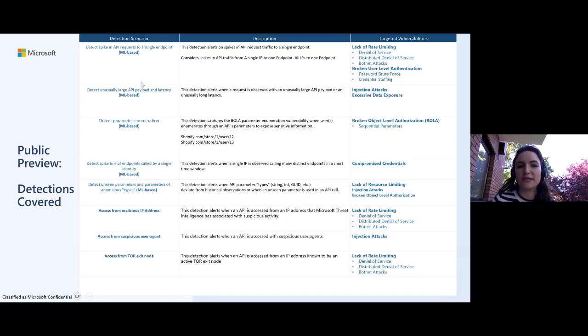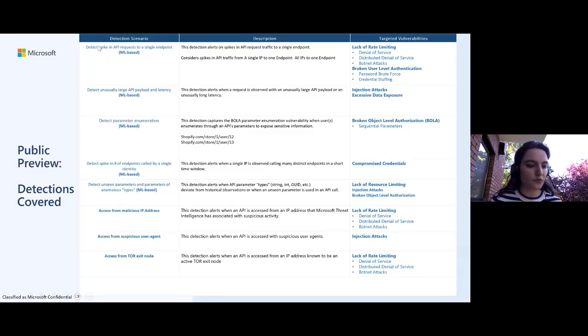And then we've also got the machine learning based detections. The difference is that the machine learning based ones have machine learning algorithms, and several of them also have some rule-based capabilities. So if there was to be a super unusually large detection, it would trigger, even though there is an up to 30-day learning period for the machine learning based algorithms. It's up to 30 days for the algorithm to determine what is normal in your environment, and then it will detect the threats afterwards.